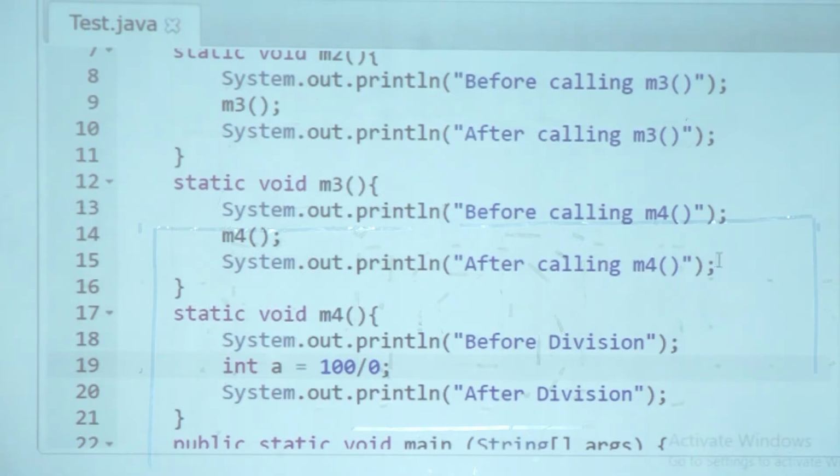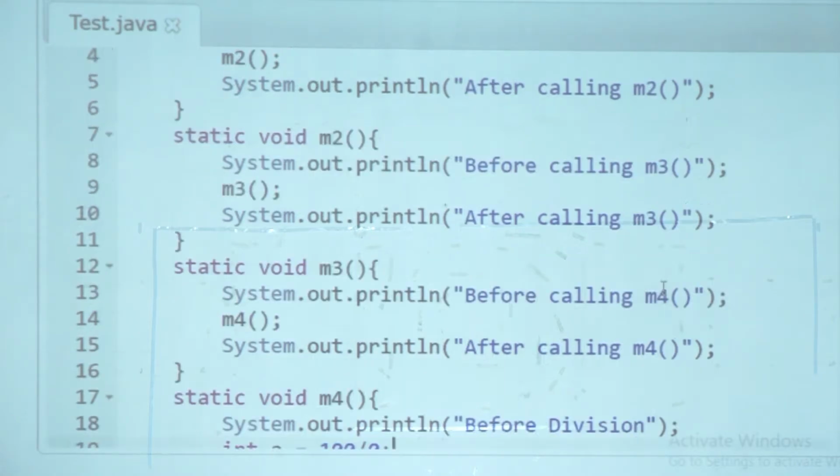So exception again will propagate from M3 to M2. Again M3 is coming out with an unhandled exception. So the next line after M3 in M2 will not be executed, because we know that whenever a method returns with an unhandled exception, the next line will not be executed.